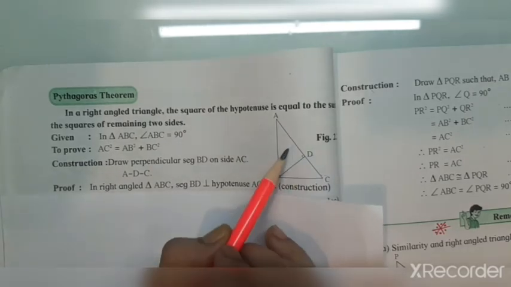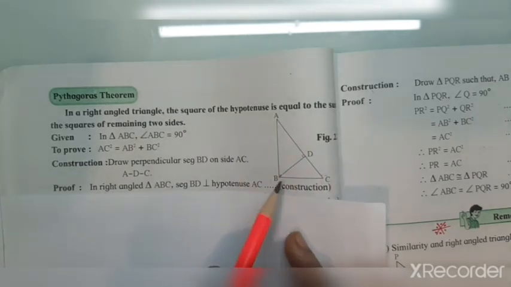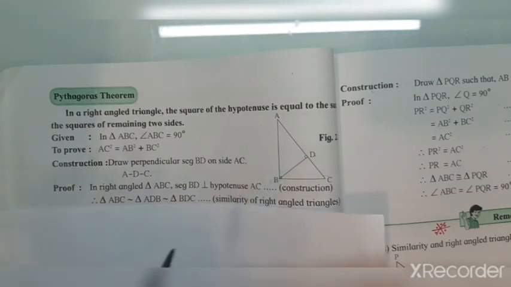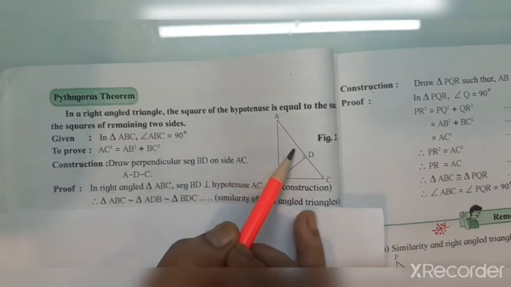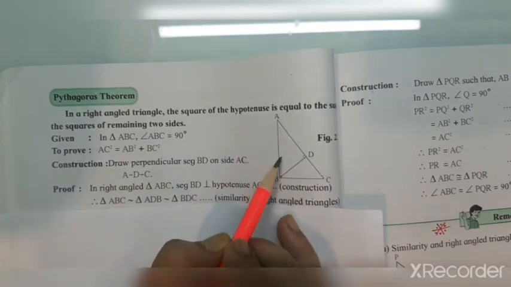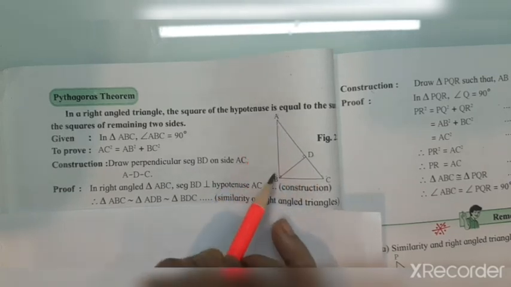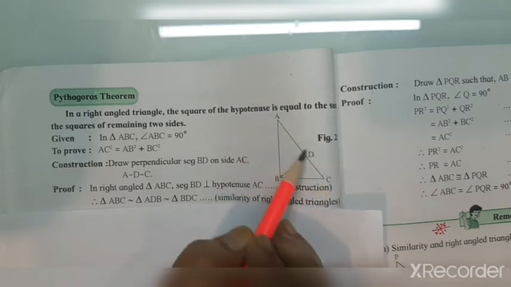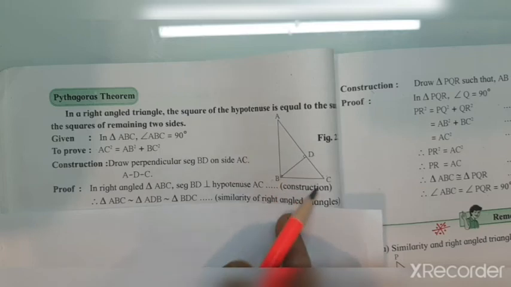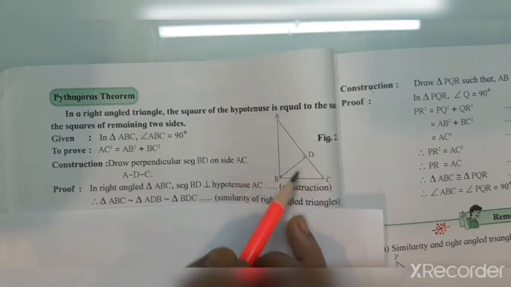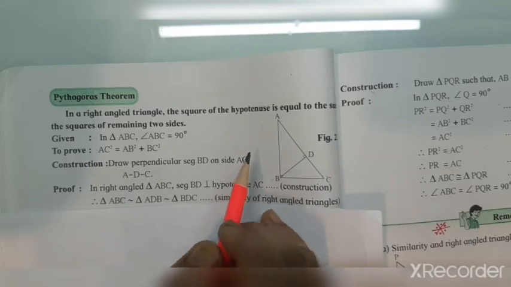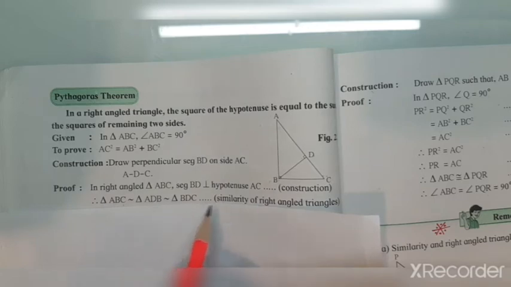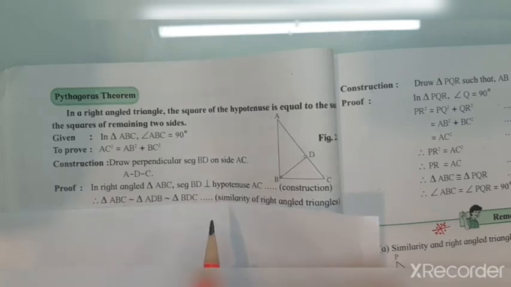In this proof, in this triangle ABC, since BD is perpendicular to AC, we can use the theorem of similarity of right angle triangles. And what is the similarity of right angle triangles? That the three triangles which are formed by drawing this perpendicular on the hypotenuse, that is ABC, then ADB and BDC. All these three triangles, the main first original and these two which are formed, are similar to each other. So this first statement is written, triangle ABC similar to triangle ADB similar to triangle BDC. You can straight away write the reason, the name of the theorem.